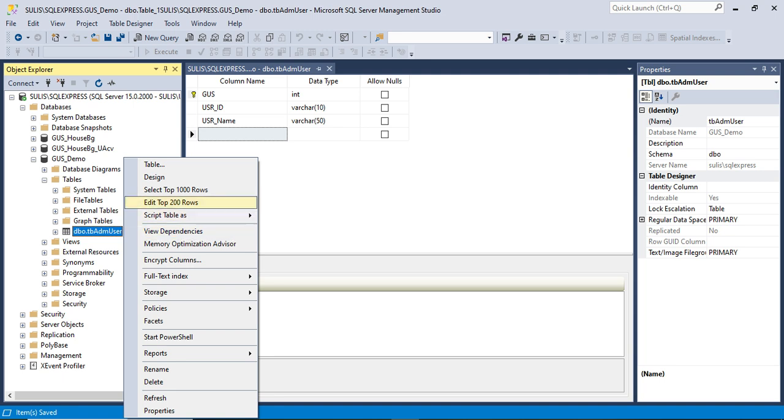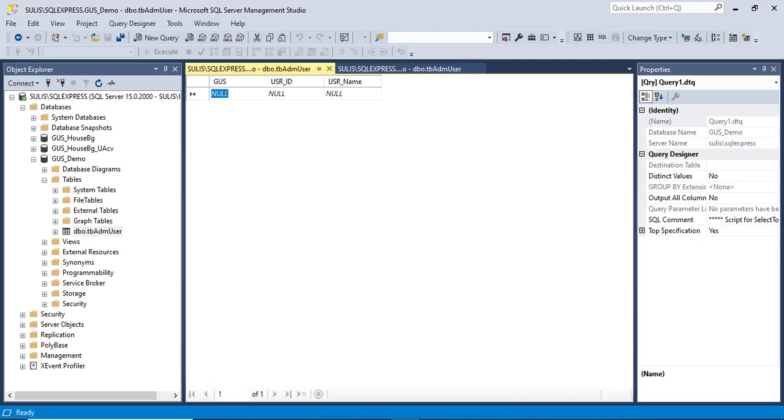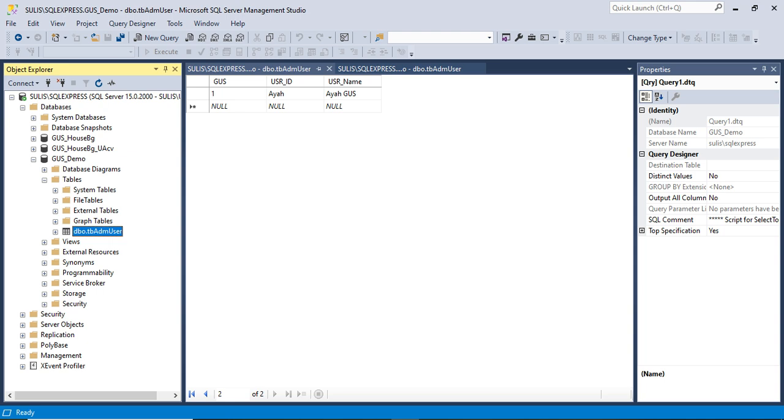Right click and edit top 200 rows. As a sample, I put 1 and user ID ayah.